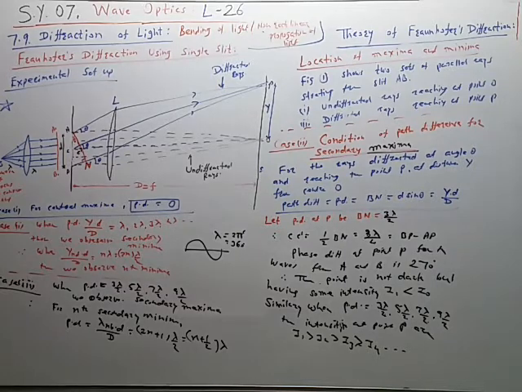So in this case, when path difference is equal to 0, case number 1, we observe central maximum, 0 number, maximum intensity I0. When the path difference is equal to even multiple of lambda by 2, we observe the nth minima, 0 intensity. When the path difference is equal to odd multiple of lambda by 2, we observe the secondary maxima. Their intensity is not 0, it is not I0, but it is less than I0 and it goes on decreasing like this. So this is the nature of the distribution of the intensity in the diffraction pattern. The intensity distribution चा ग्राफ फिगर आपल्याला नंतर सेपरेट द्यायचे ते, तेव्हा ह्या व्हॅल्यू आपल्याला लागणारच आहे त्या. ओके.